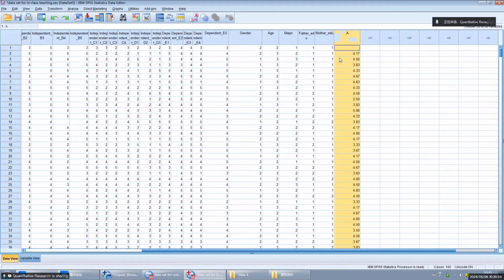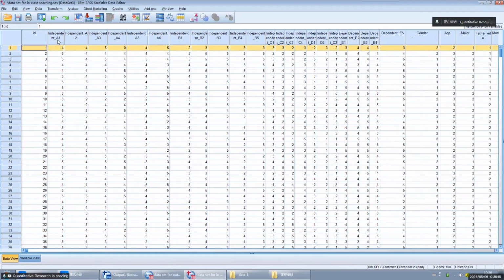But you can see there are some blank spaces. Why? There are some blanks here. Because there are missing values. For example, this is blank. It's because you can see here A1 to A6, there is missing data. A4 is missing. But now, so